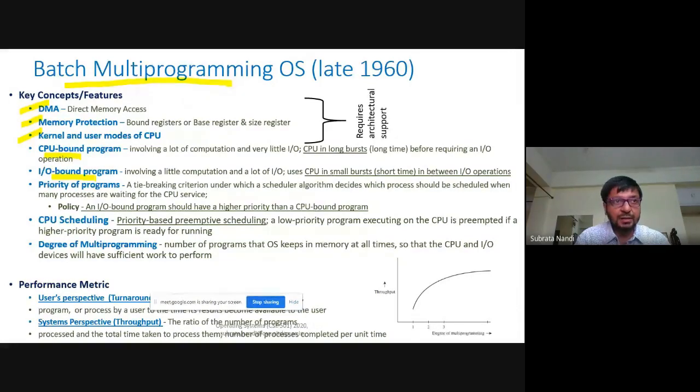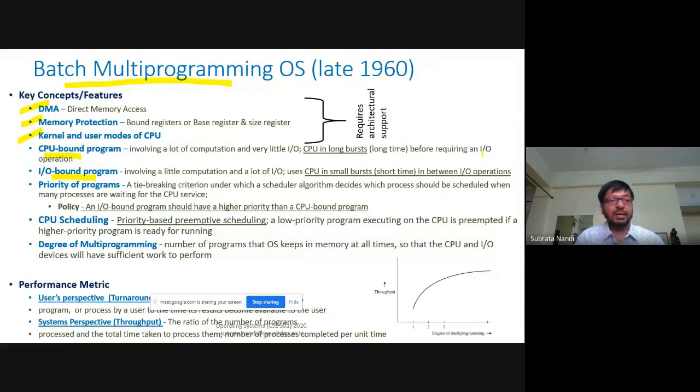Once it gets the CPU, it holds the CPU for, say, maybe several minutes. Okay, but a CPU bound program, if it requires IO, so CPU bursts are long, and if it requires IO, it will require it for a very small amount of time, maybe a few